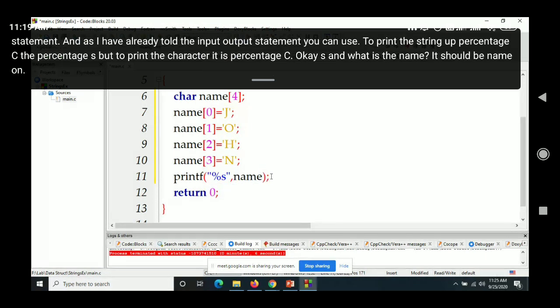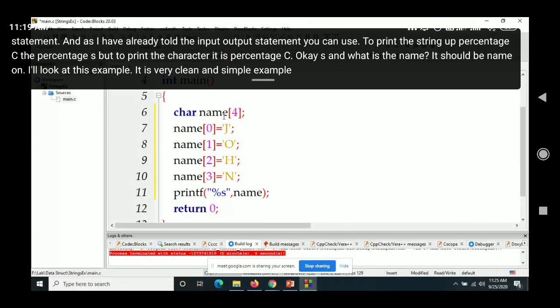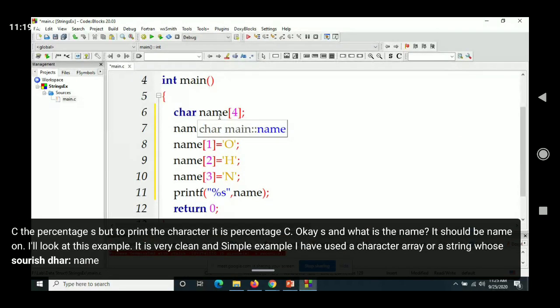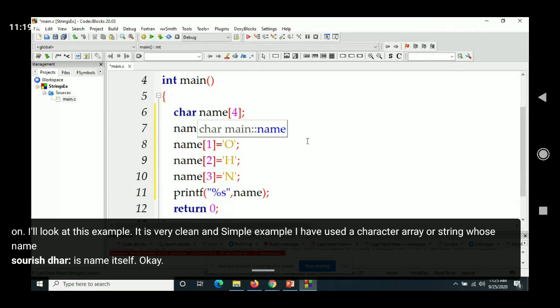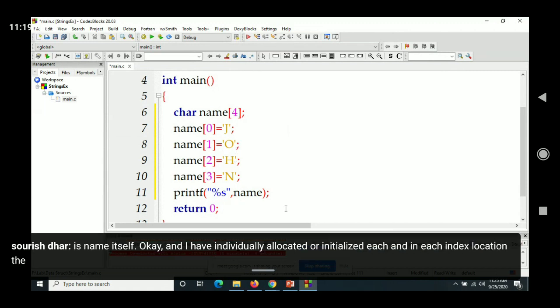Now look at this example. It is a very clean and simple example. I have used a character array, or a string, whose name is name itself, and I have individually initialized each index location with the name John. Now let me try to run this and let's see what happens.